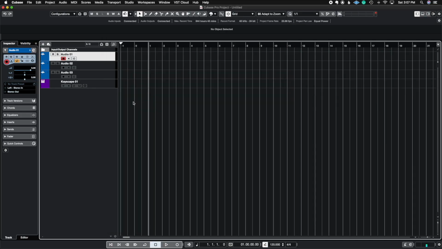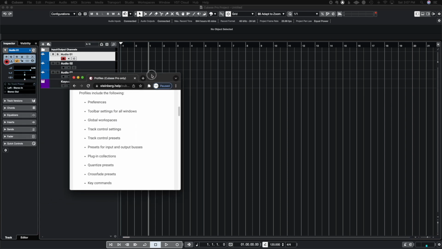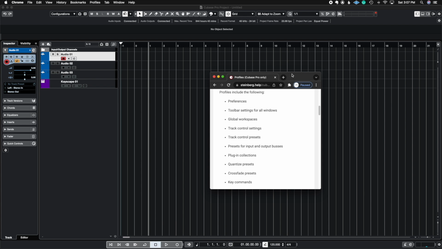Now, the last thing we're going to talk about in this unit is Profile Manager. Here I have a window which tells you what the Profile Manager consists of. The Profile Manager is essentially something that you save in a very, very small file, and you could take this to any machine, any Cubase program anywhere around the world. You could load this Profile Manager up, and your preferences, toolbar settings for all the windows, the global space, track control presets, and so on and so forth, are going to be saved in this one little file. So when you load it up into Cubase on any machine, you're able to see your version of Cubase wherever